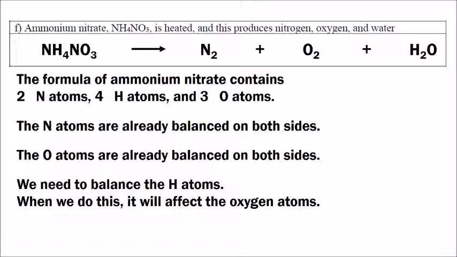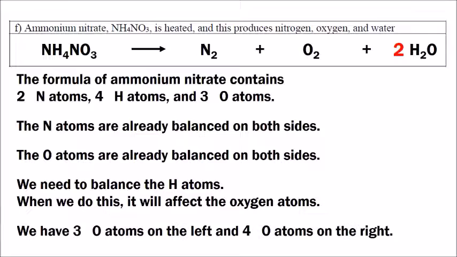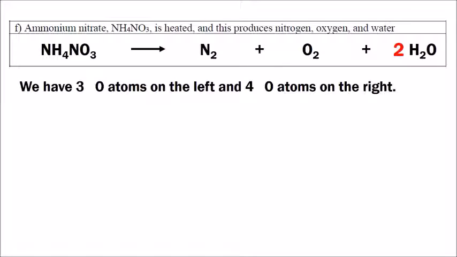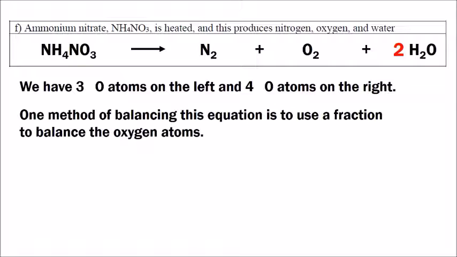So when we do this, by putting a 2 in front of the H2O, it will affect the number of oxygen atoms. So now we have 3 oxygen atoms on the left, but we have 4 total oxygen atoms on the right. So what do we do here? Well, one method of balancing this equation is to use a fraction in front of the O2 to balance the